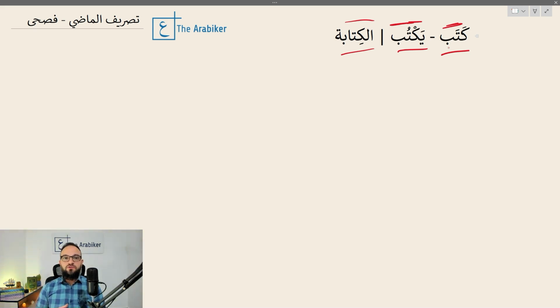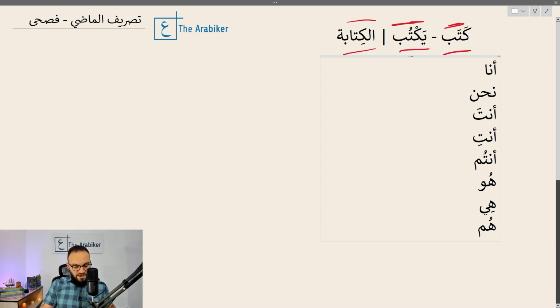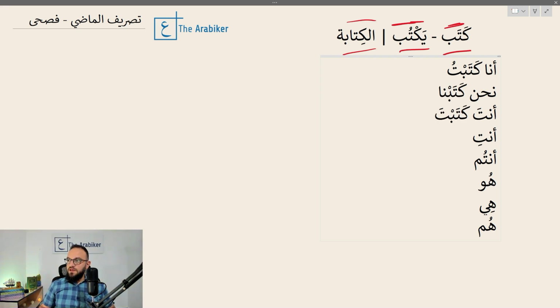Now let's list down the pronouns that we have learned in MSA, Modern Standard Arabic, and we will see how to conjugate these verbs according to these pronouns. For ana, we have the conjugation katabtu. For nahnu, katabna. For anta, كتبت. For أنتِ, كتبتِ. For أنتم, كتبتم. For هو,